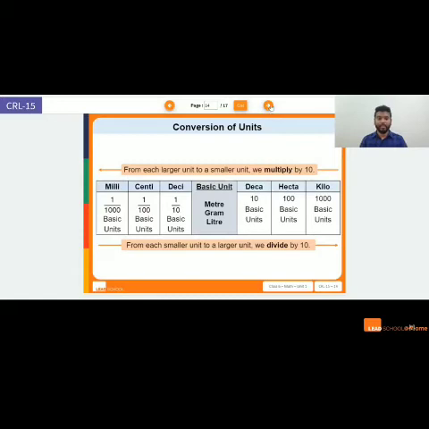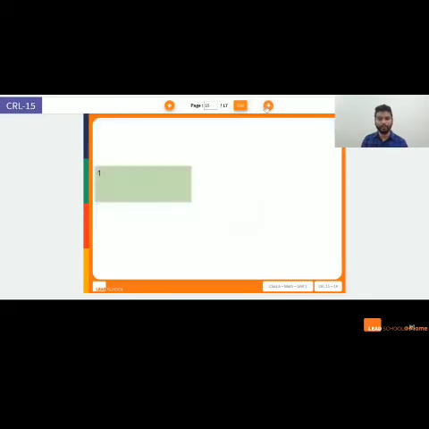Alright. So students, if you can see from each larger unit to smaller unit, we multiply by 10. If I'm moving here, I will multiply by 10. When I'm moving from here, I will divide by 10. 1 by 10 will give me 1/10. 1 by 10 into 1 by 10, I'll give it 1 centi. When I divide that again in 10 parts, I will get 1 milli. Similarly, when I multiply my basic unit into 10, I will get 1 deca. When I multiply my 1 deca into 10, I will get 1 hecta. When I multiply my 1 hecta into 10, I will get 1 kilo unit. Great.